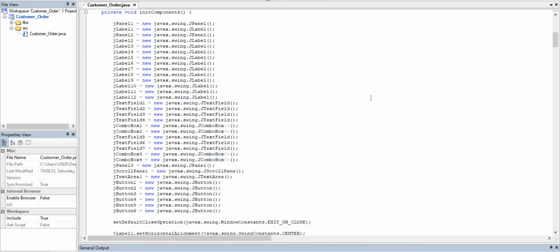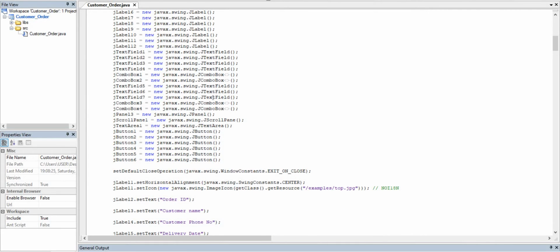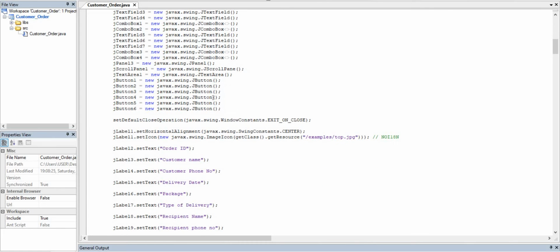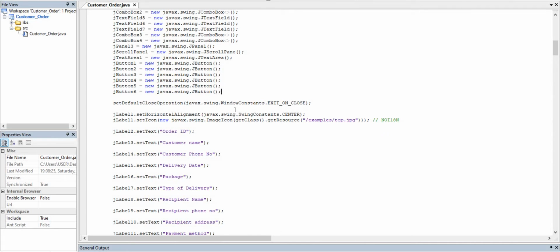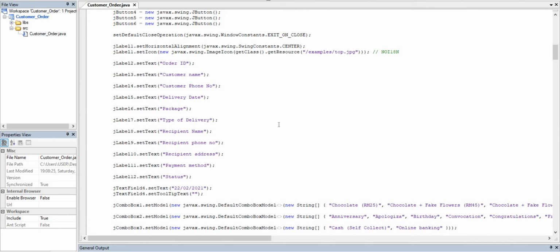We just declare first, and later we will put the JPanel, JTextField, JComboBox and text field all, and then go down. This is the button, and then setDefaultCloseOperation. It's for the exit button at the outside of the body, and then this is the JLabel, setHorizontalAlignment for the center.